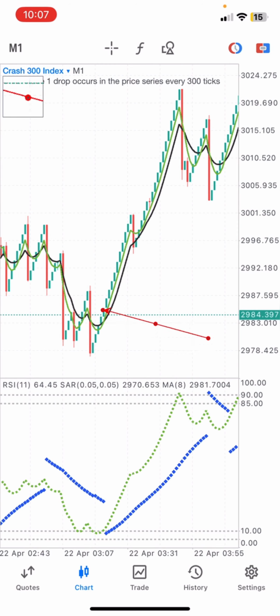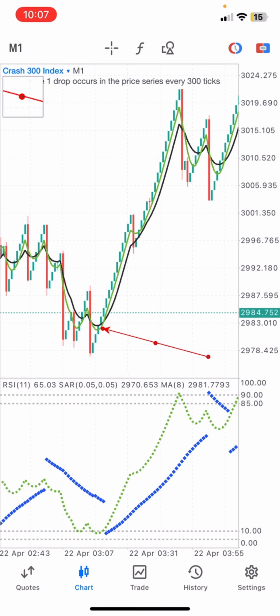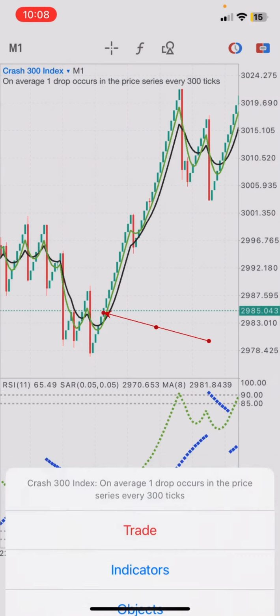Sorry, this is the main chart, main window indicator. Now you can see we have this right here. We have the green one, the red one and the black one. Our expectation before we take any trade out here is that you see the green moving average crossing above the black moving average. Before you know that, you have to make sure that you check your indicator